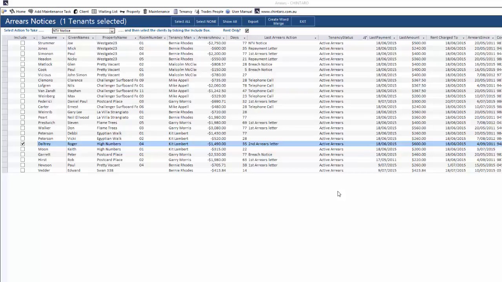If you do want to set up your own Word Merge documents, there's plenty of support to assist you in this process. Most of the available forms in your state are on the website, and we can help you get these set up. So back in our arrears management screen,